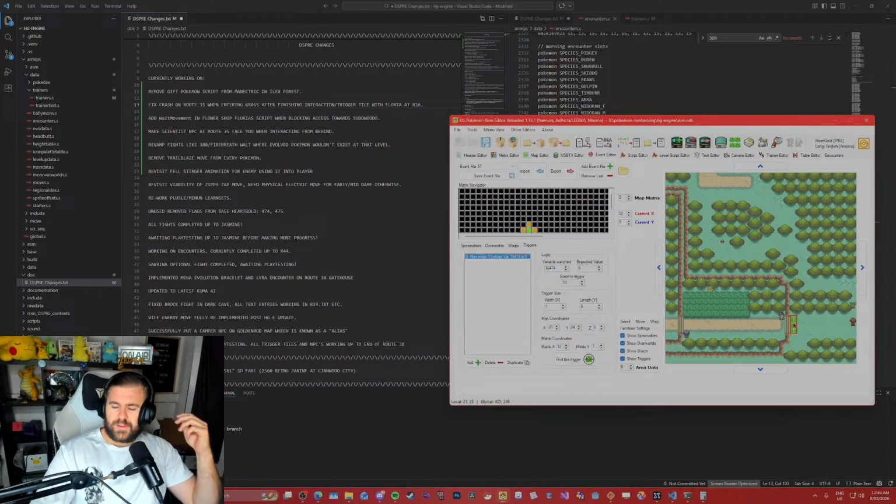So the problem is that if you walk on the trigger tile once, it forces you back on the stairs, right?